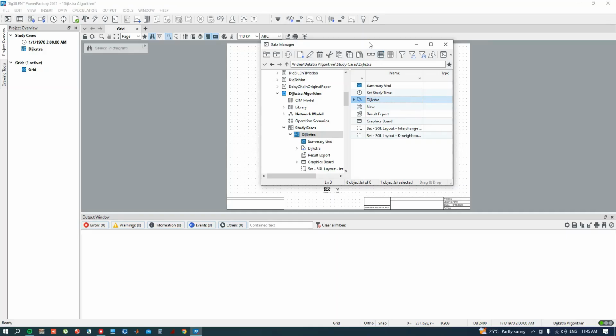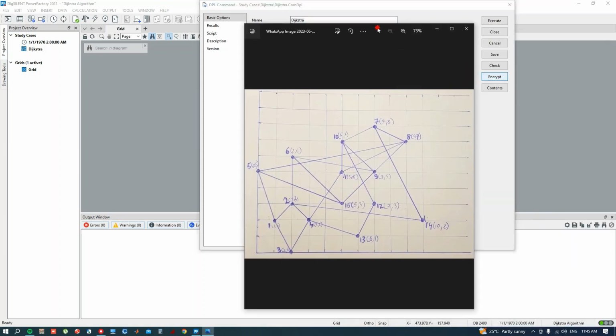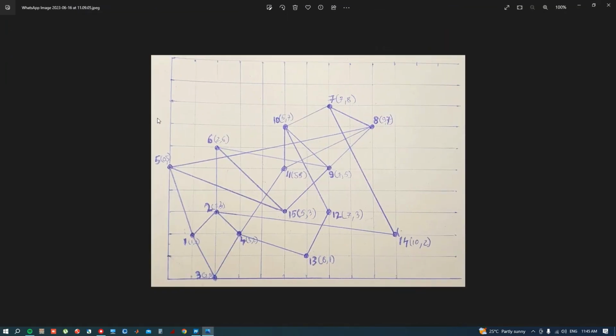In this video we are going to talk about the implementation of Dijkstra algorithm in DIgSILENT Power Factory. This algorithm was created by a Dutch researcher, who solved the graph theory problem in which he wanted to find the shortest path between two nodes in a graph. For this, I created a problem, actually a study case, in which we have these points